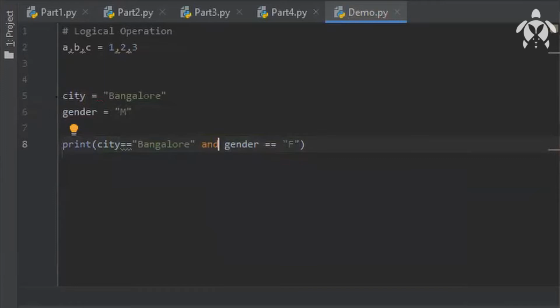You can see the output is getting false here because I've given this F. If I make it M, you will get true.